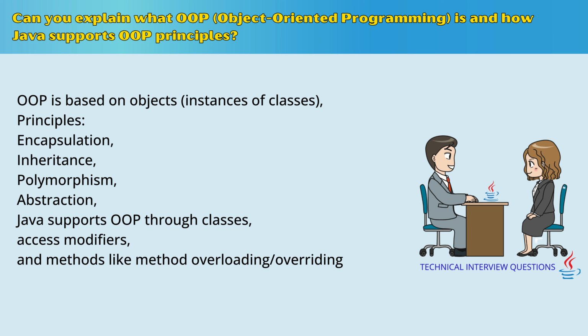Polymorphism in Java is mainly implemented through method overloading and method overriding, enabling one interface to be used for a general class of actions. Abstraction is handled in Java through abstract classes and interfaces, which allow the definition of methods that can be implemented by subclasses. For example, in a project, I designed a system for managing employee records where we had a base class Employee and derived classes like Manager and Developer. This design helped to reuse code effectively and manage different types of employees with minimal changes in the code base.